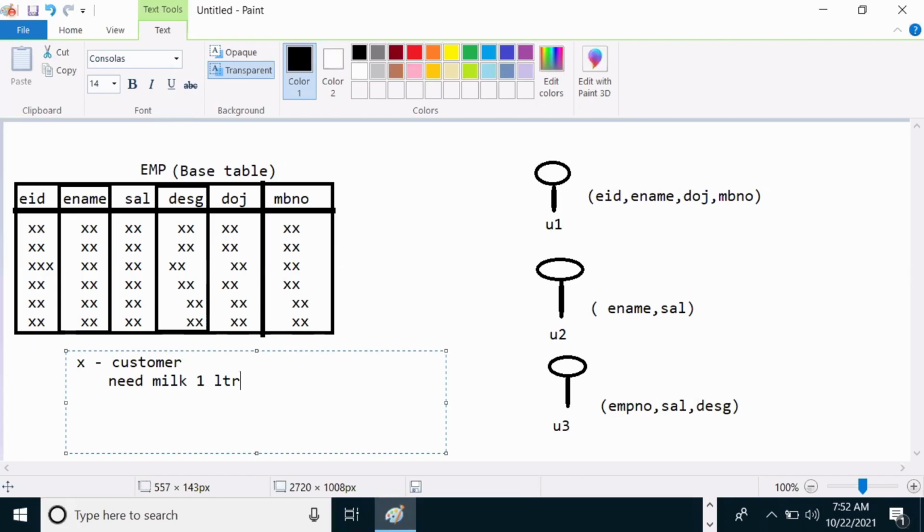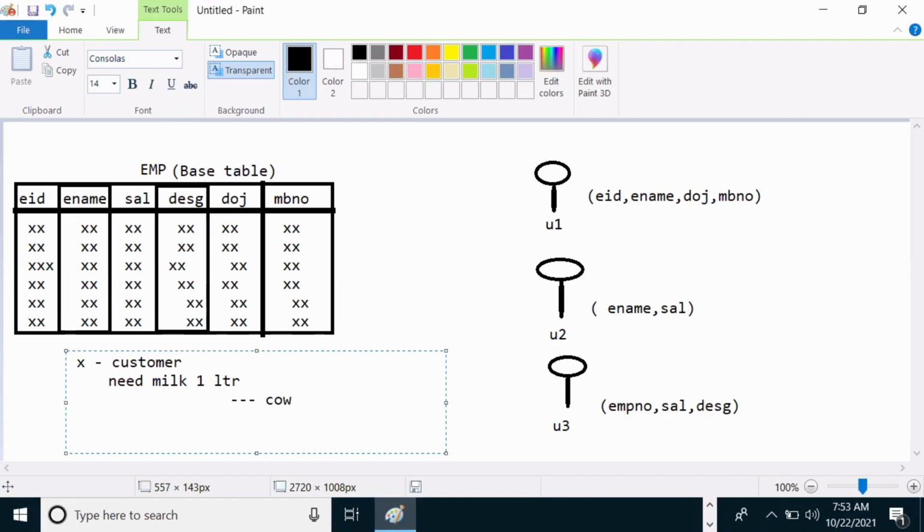Okay, now. So he wanted 1 liter of milk. That means his requirement is what now? 1 liter of milk is the requirement. But tell me guys, for this 1 liter of milk, will the customer go to purchase a cow?